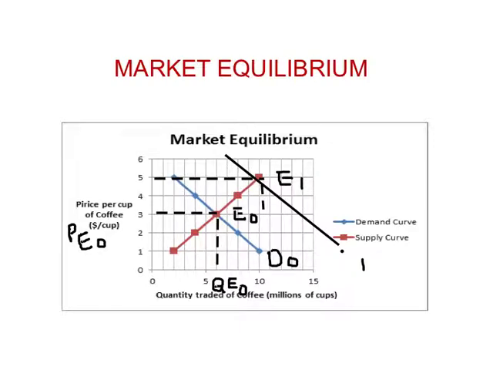What will be quantity traded at new equilibrium? It will be given by this line. And so what we have is a new price at new equilibrium, PE1, and new quantity traded at equilibrium, QE1. So what we find is when the demand curve shifts to the right, or there is an increase in demand,